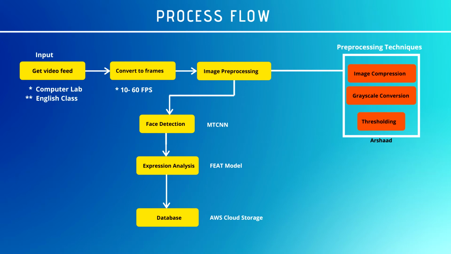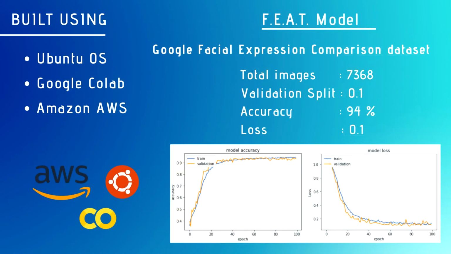So for the face detection, we use the MTCNN neural network, which has a high accuracy at detecting faces. Then we analyze the expression using the FEAT model that I've built, and later on all this information is sent to the database, which is hosted on AWS. So before I proceed any further, let me talk a little bit more on the FEAT model, which is a